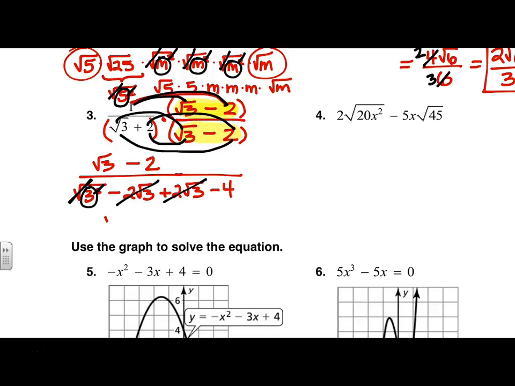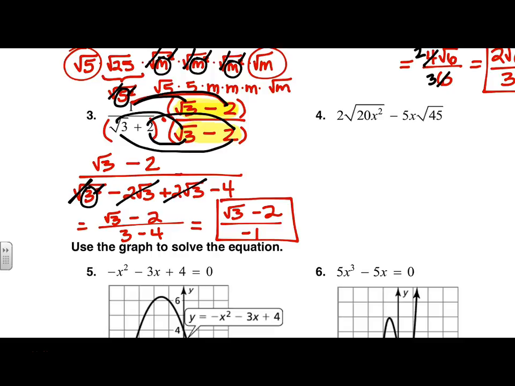So I'm going to end up with root 3 on top, minus 2, 2's not under the house, over 3 minus 4, and 3 minus 4. Wait, I can do 3 minus 4, can't I? So root 3 minus 2 over 3 minus 4, which is negative 1. Now guys, that's a good answer, and I took it if people wrote that. But since it's just a negative 1,